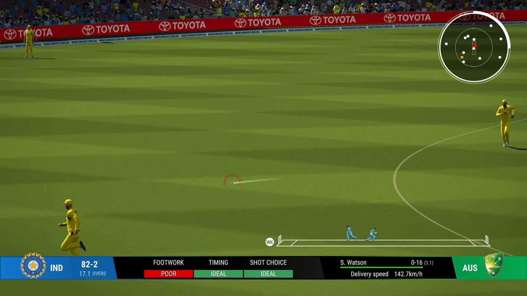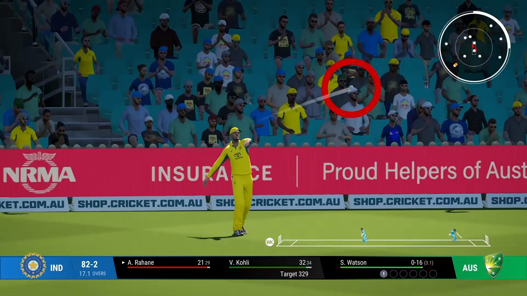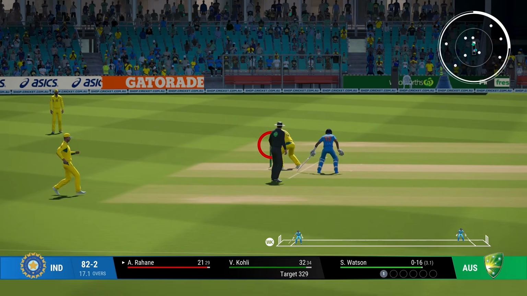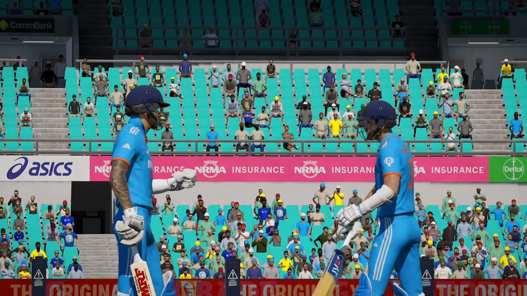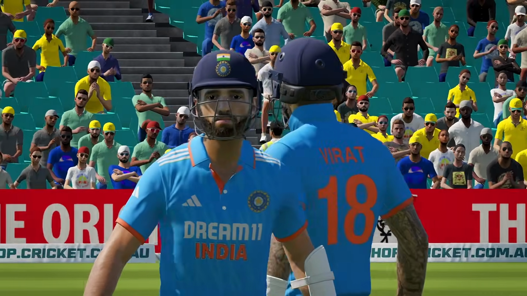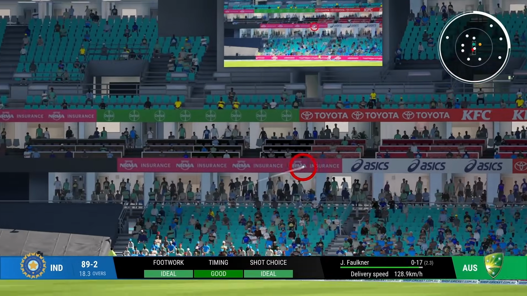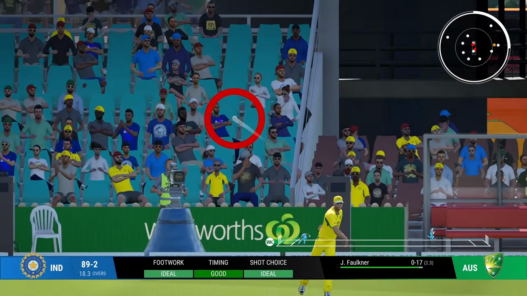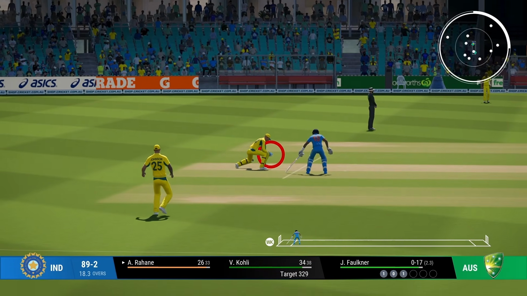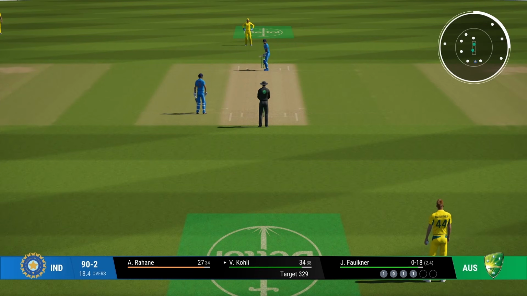Another back foot punch. We've been playing that shot very well. But once again, out of 84, I think we've run like 60 runs. A 50-run partnership will come up. Old school Rahane-Kohli partnership. It's been pulled, but I think this might be the... And it won't be. I wanted to find the gap between square leg and fine leg. Instead, I hit it straight to square leg. At least it doesn't go for the catch.